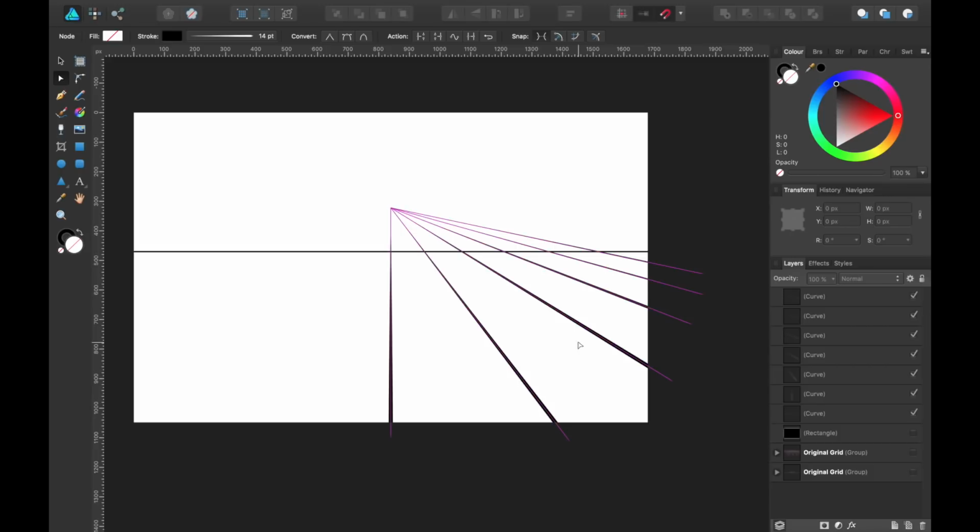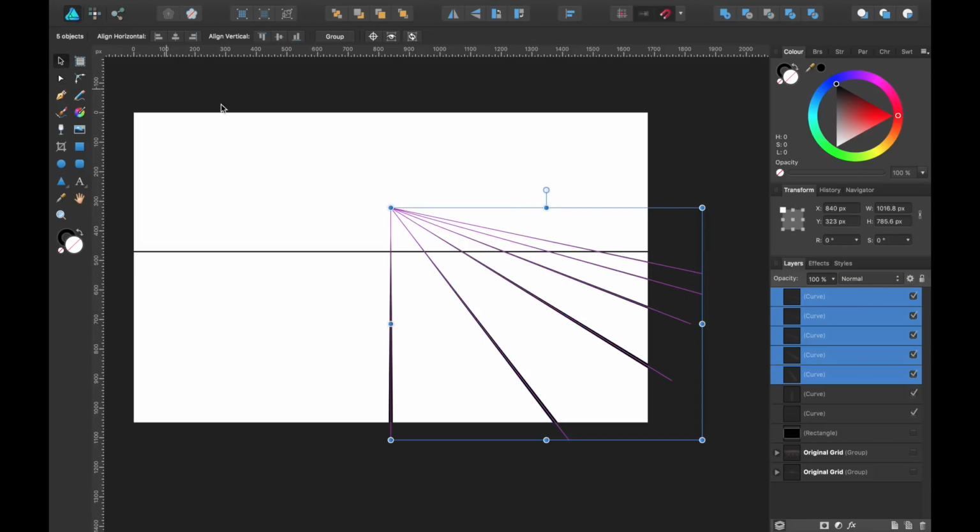Okay, so now that we've got our horizon, we need to copy this to the other side. So go to your layers, select all of the lines. You click the first one and press Shift and that selects all of them. Let's go to the pen tool. Now we select all of them, let's press Command C, Command V. There we go, that's copied the whole lot again.